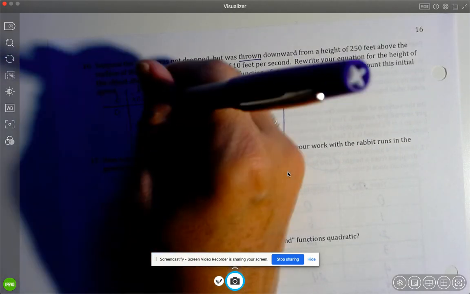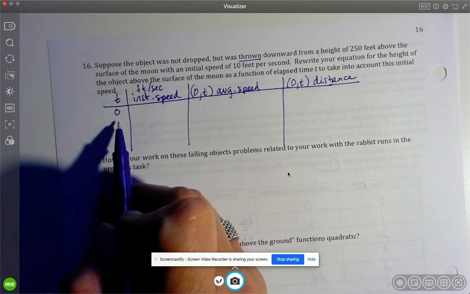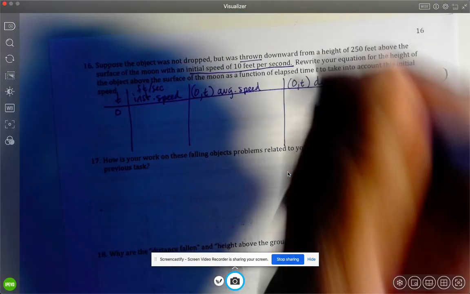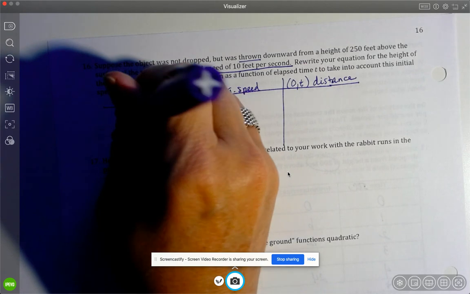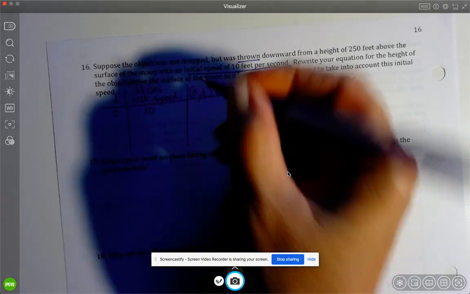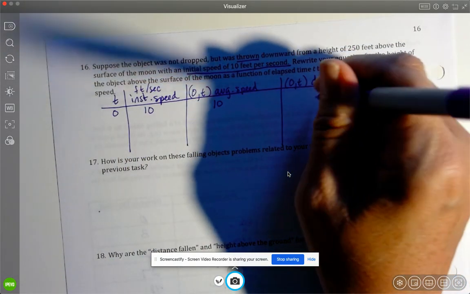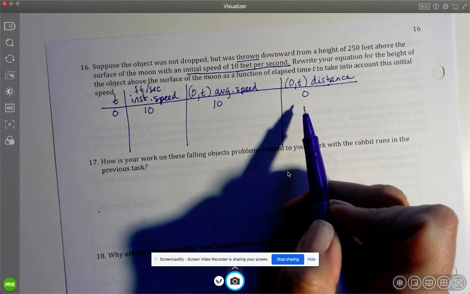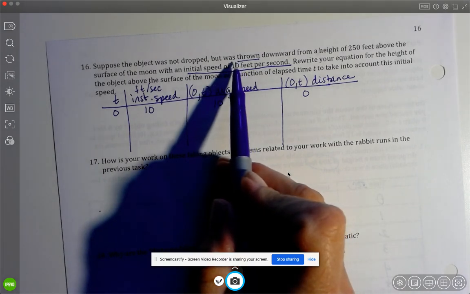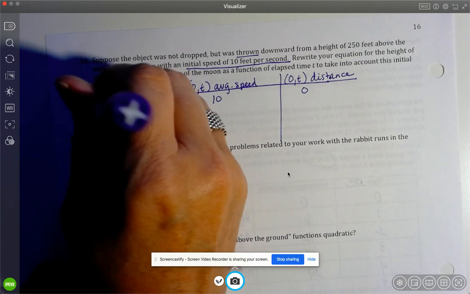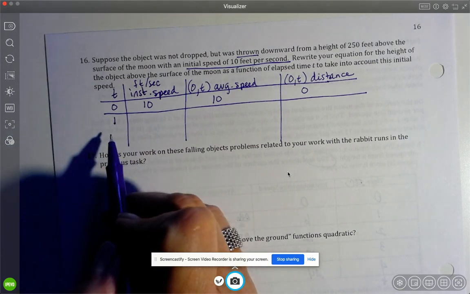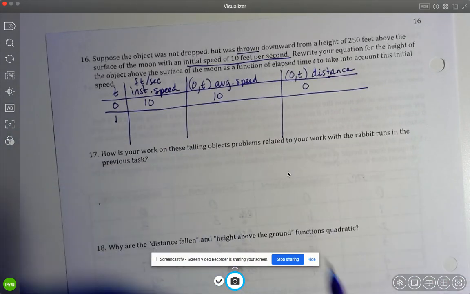0. Now, at time 0, it's actually not 0 here because it says it has an initial speed of 10 feet per second. So actually at 0, it's 10, and the average speed from 0 to 0 is 10, and the distance, though, is 0. So it hasn't traveled at all, but it starts with this instantaneous speed of being thrown. Okay, so now let's look at our next. So at 1 second, it's actually, now remember, you have,